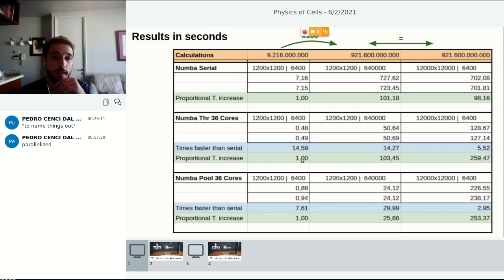And if we compare the thread parallelization with itself, this is the baseline for comparison. When we increase the calculation 100 times, the time increases linearly. But when we increase the size of the matrix, you see that the time didn't increase linearly. It's got a worse proportional execution time. And now with NUMBA pool, 36 cores, we see that comparing to the serial, in this first scenario,